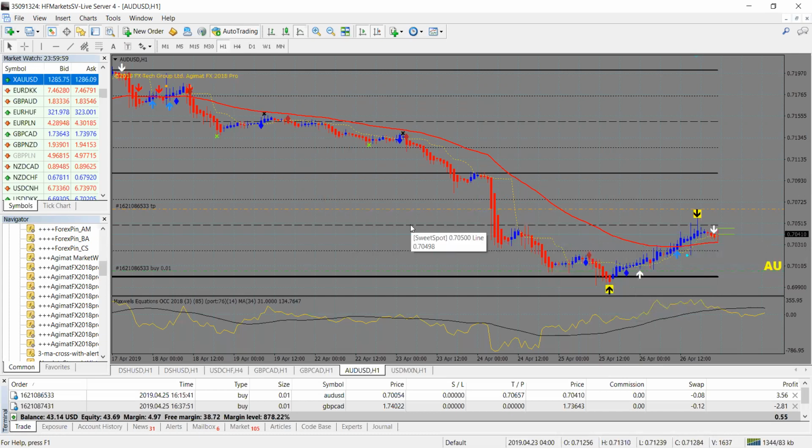So if you now ask, okay, so we're just going to add the 5 and the 10? Yes, that's it. What about the 50? Now, the 50 is like another level for you to add to the trade. So let's say you're in this trade and you already got in the trade based on the 5/10 EMA crossover. Once you now find a 10 cross 50 or a 5 cross 50, which you can see by the dot and